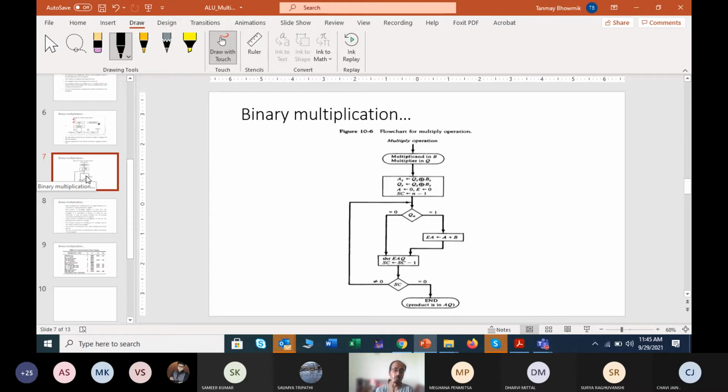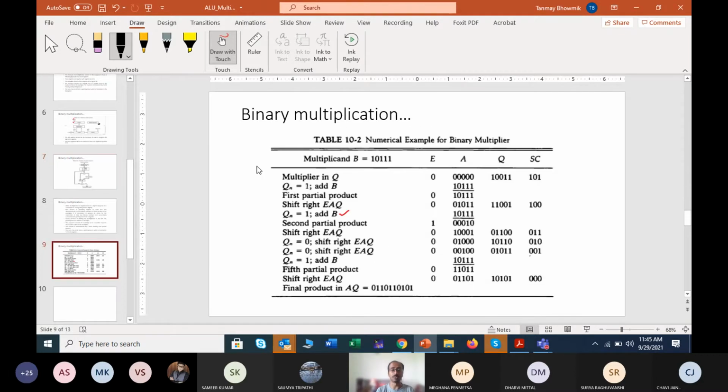Separately you have kept 2 bits as sign bits, then you are computing how the result magnitude bits will come and how the result sign bit will come, and you have kept them in separate registers. All these things were done, right? And through this we also discussed one example.